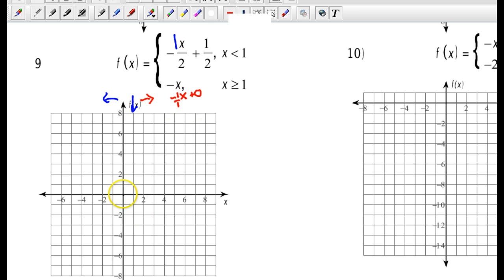So we'll start here. I'm not going to put a dot because I only want to start it to the right of 1. So I know the graph starts here. I'm going to go down 1, right 1. Now I'm going to put a dot. Alright. There we go. Only to the right of